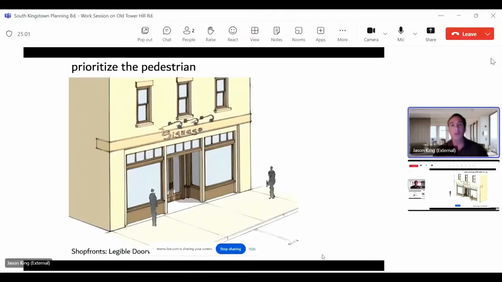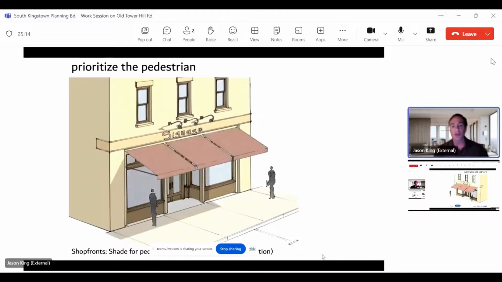Prioritizing the pedestrian looks like this. Blank walls are not allowed on streets. New buildings are allowed to come closer to the lot line. They're able to use more of the lot, from a 30% lot coverage, which means you can only use one third of your site, to sometimes a 60% coverage. But in order to do that, the building then needs to present a shop front. And reviving the tradition of shop fronts has been a huge part of the form-based coding effort.